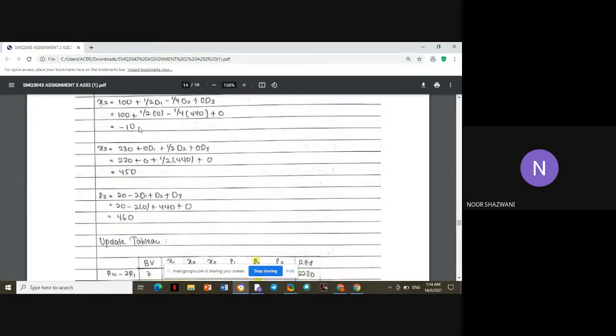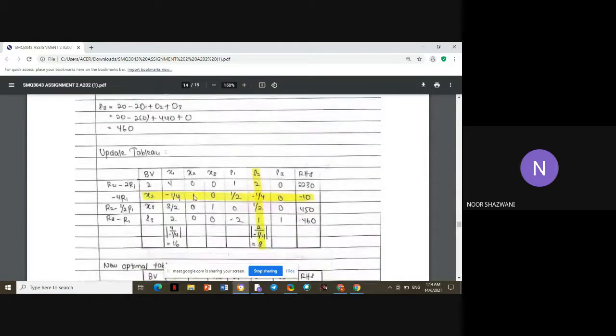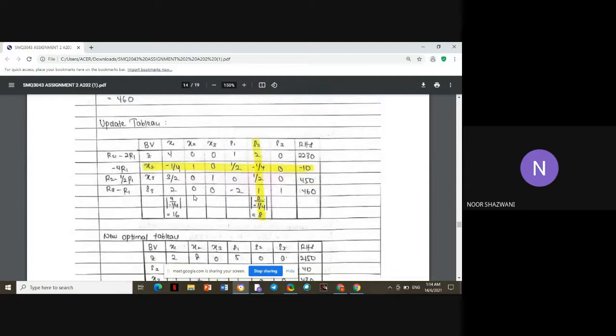Okay, all the new values here, we just change at the right hand side column. Okay, from here we change here, and then from this tableau, we have to choose the